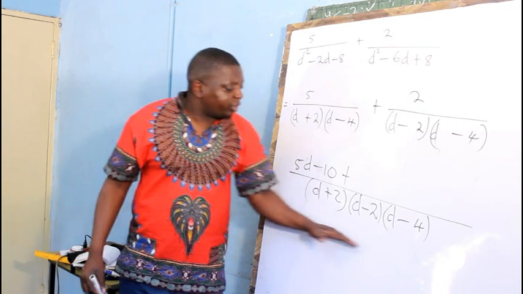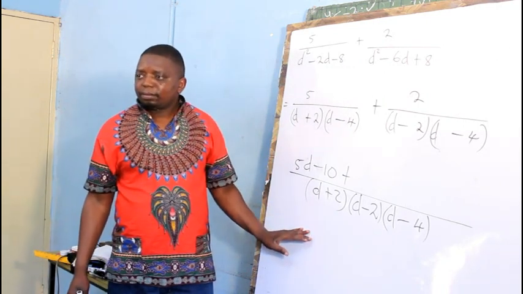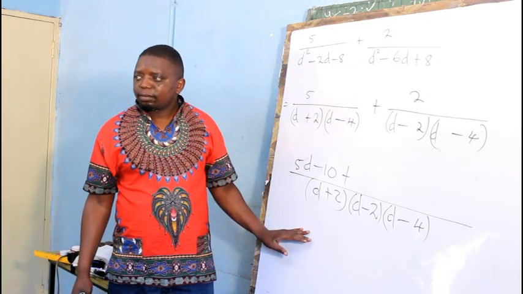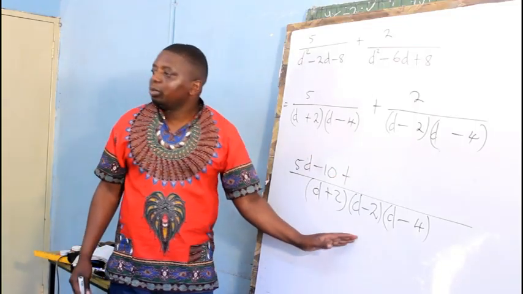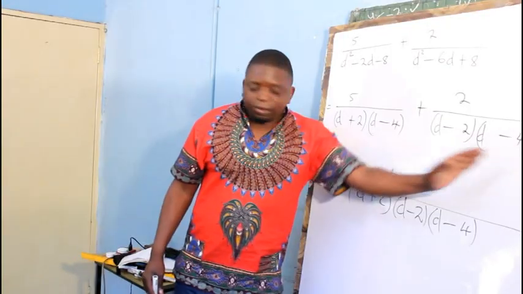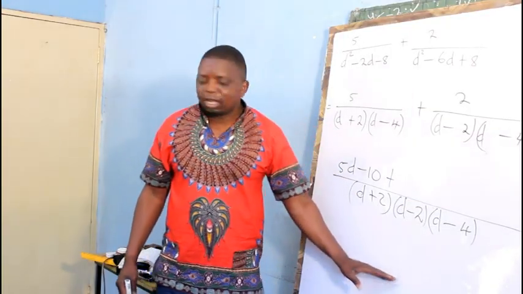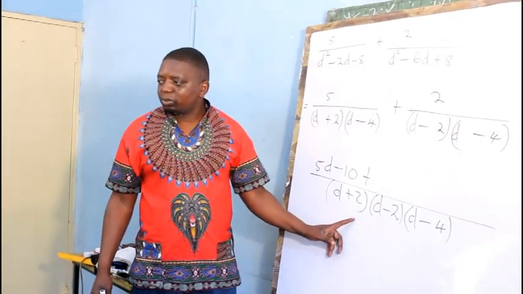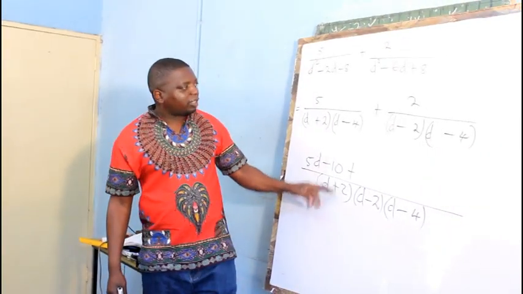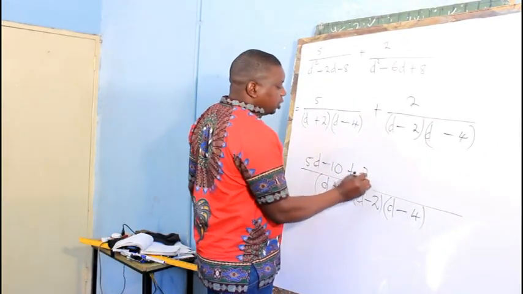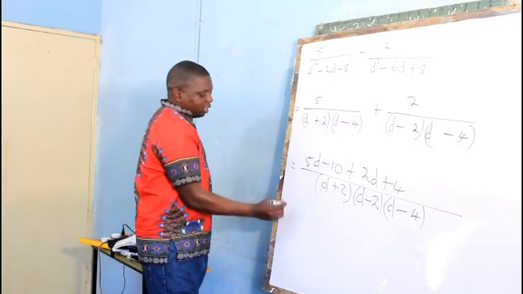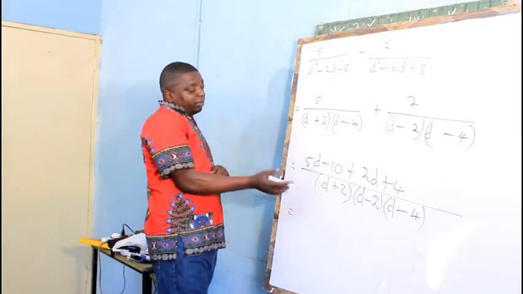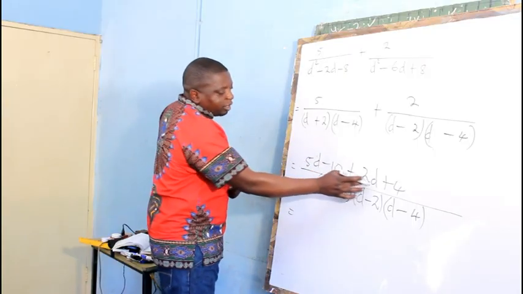This denominator into the common denominator. D plus 2 times 3, because D minus 2 and D minus 2 cancel, D minus 4 and D minus 4 cancel. So we remain with D plus 2. All together, D plus 2 times 2 gives 2D plus 4. All together, 5D plus 2D